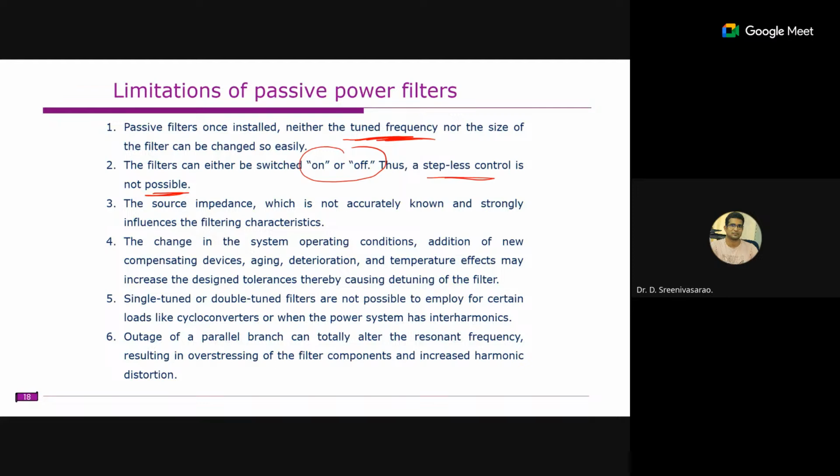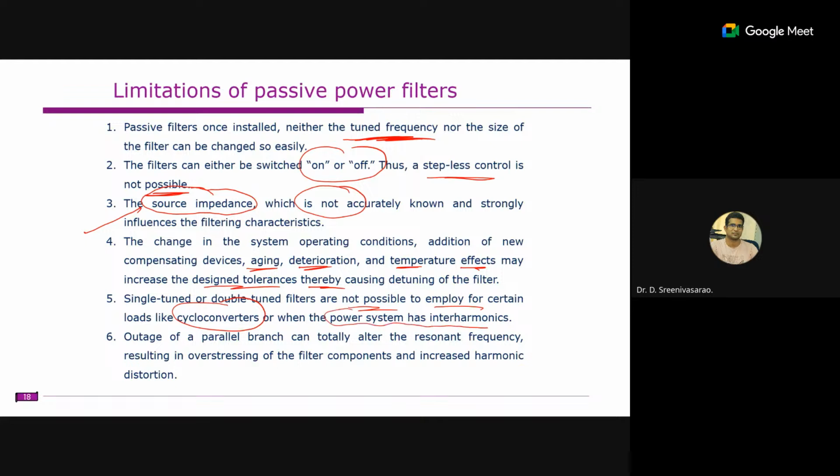And the source impedance is one of the main things. To obtain the resonance, you must know the exact value of the source impedance. The source impedance is always changing whenever a new transformer or something else is installed, and that also deviates the resonant frequencies. Due to aging, deterioration and temperature changes, tolerances may also be affected. Single tuned and double tuned filters cannot be employed for certain applications like cycloconverters,